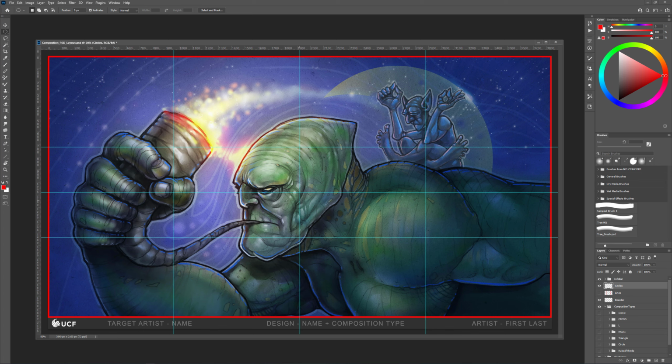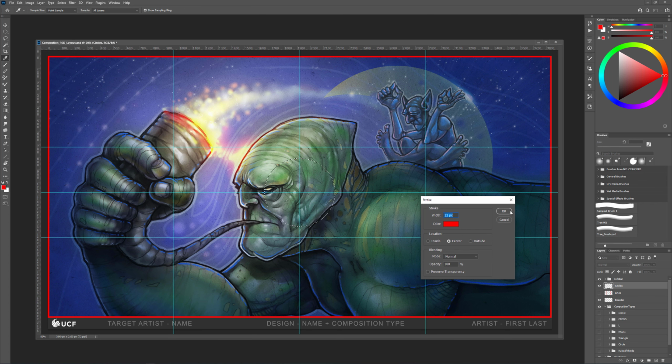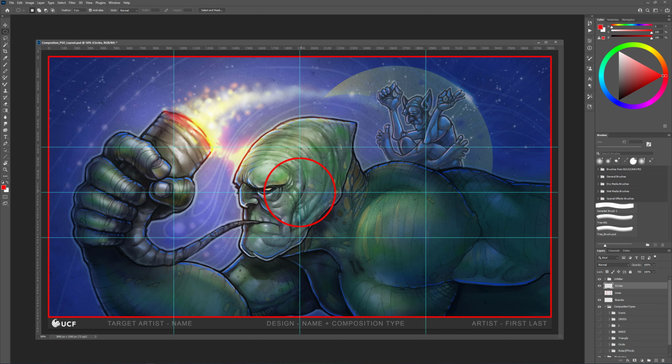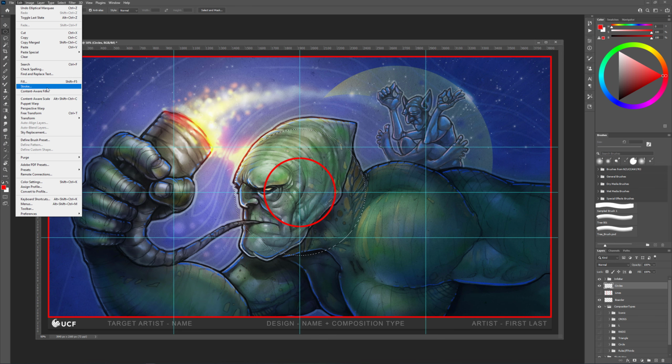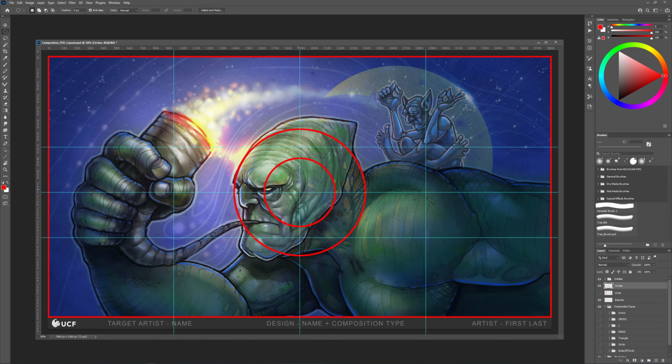So I'm going to put it on the circular tool and then click out from the middle and then hold down Alt. Looks like Alt and Shift together, and that will give me a circle that I can use on here for this. And then we could use the stroke tool. We could go edit and then go stroke like this, and then keep building some circles for ourselves. So I'll just again click and drag out from the center, holding down Alt and Shift. I'll do another ring, go edit stroke like this, build myself another one a little bit further,